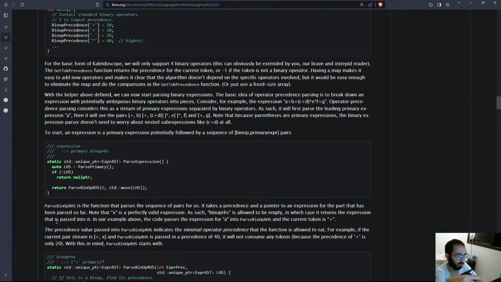Oh, so this is why they need those kind of primary expressions for this stage, I guess. So if it is a primary expression, then it just doesn't touch it, doesn't care about it. Yeah, that makes sense because even variables are primary expressions. Yes, I see. Doesn't need to worry. Okay. To start, an expression is a primary expression, potentially followed by a sequence of